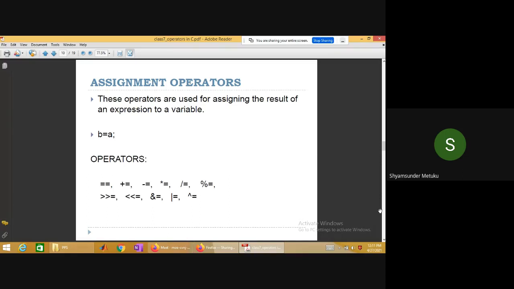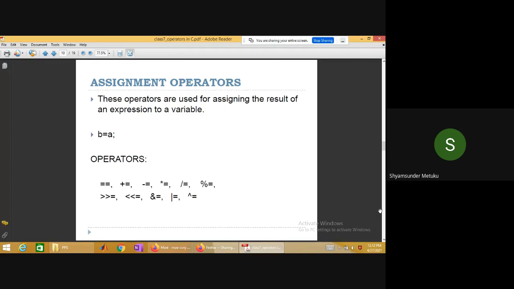So here, b is equal to a. What does it indicate? B is equal to a indicates what? Is the value of b given to a, or the value of a given to b? Which one is right? The value of A is given to B. Right to left, try to remember. The assignment operator always moves the data from the right hand side variable to the left hand side variable. Generally, from the C programming point of view, we call them L value and R value. The right hand side is always the source of the assignment, and the L value is always the one taking the data.